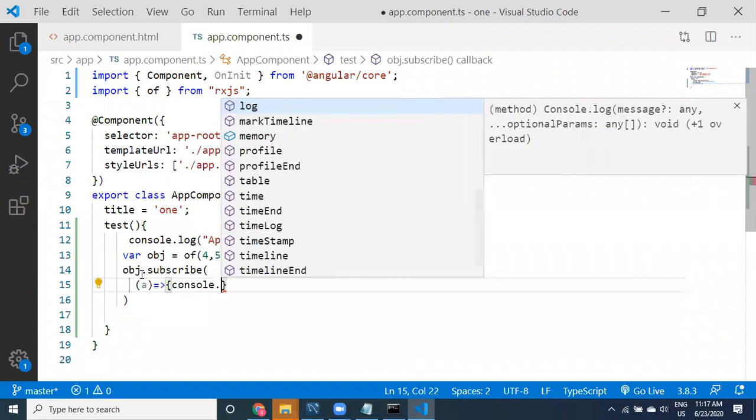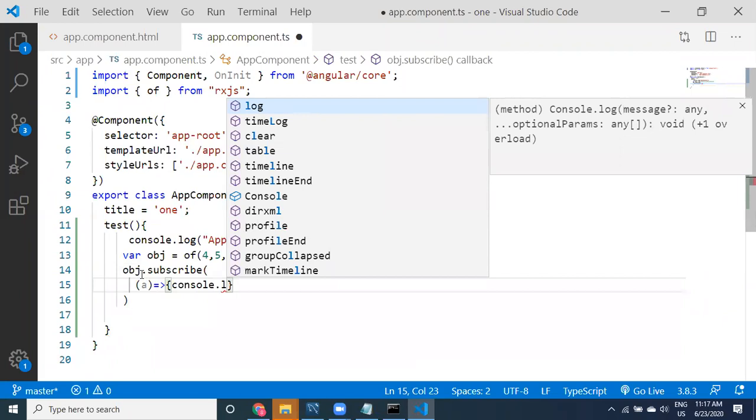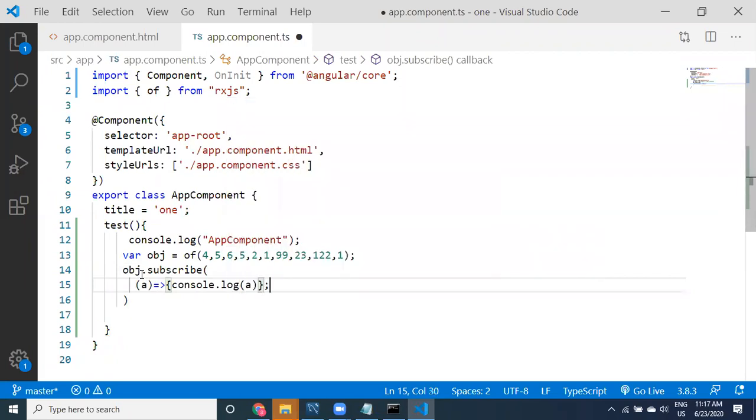Console dot debug or console dot log, log a. Obj dot subscribe a, console dot log of a.